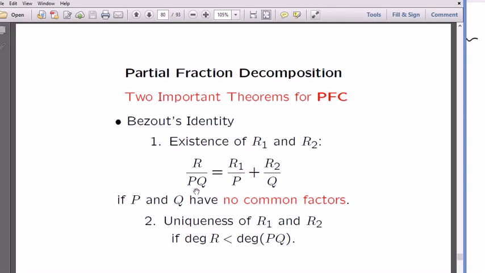The denominator of this rational function: r is a polynomial, p is a polynomial, and q is a polynomial. We have one polynomial divided by another polynomial, and I factored the denominator into two pieces, p times q. What is the condition on p times q here? It's in red: no common factor. Does that make sense? Like integer factorization, after you factor into irreducible linear and quadratic factors, there's no common factor between p and q. Does that make sense? So for example,